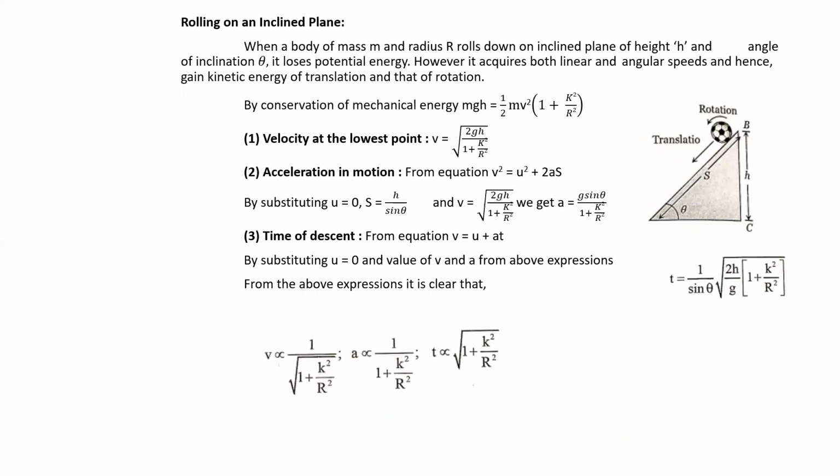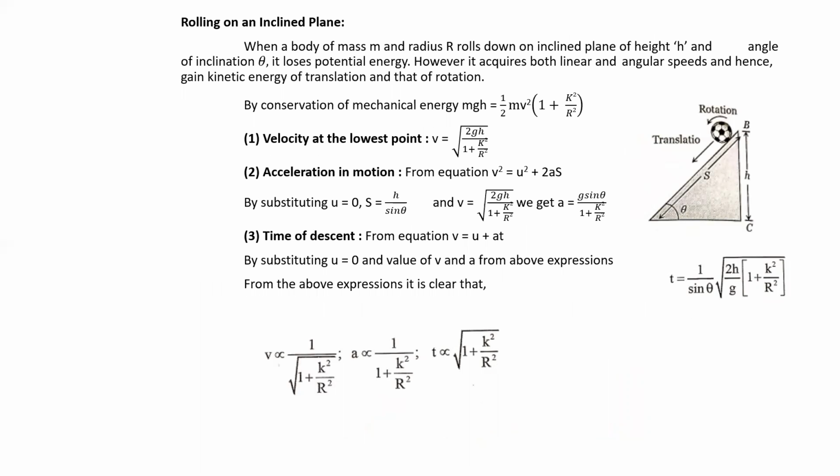See here, that is rolling on an inclined plane. So what is rolling on an inclined plane? When a body of mass m, having the radius r, rolls down on an inclined plane from the height h, the angle of inclination is theta. It loses potential energy. So when it is rolling down, it loses what? Potential energy here. However, it acquires both linear and angular speed, and hence it gains the kinetic energy of translation